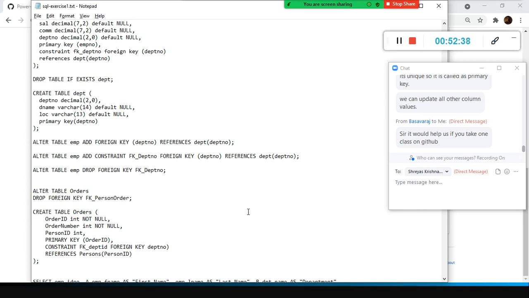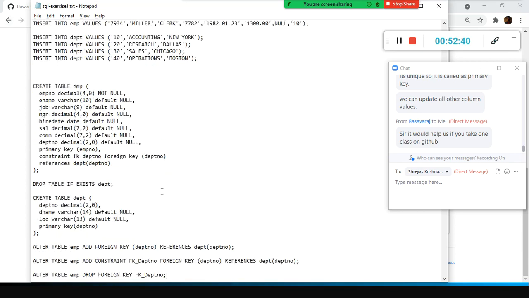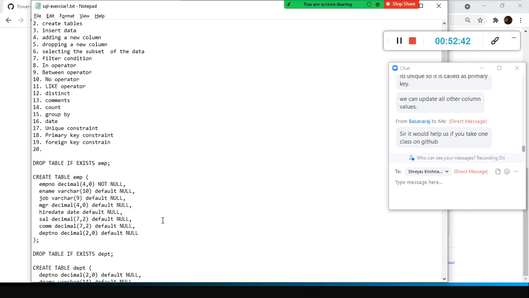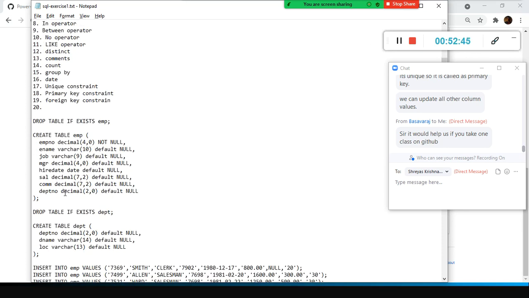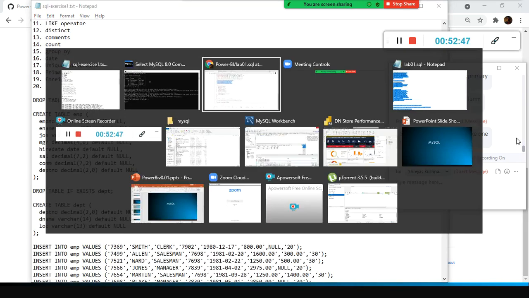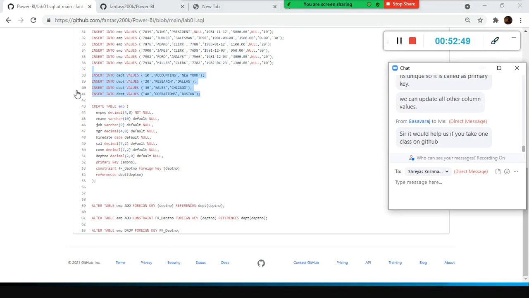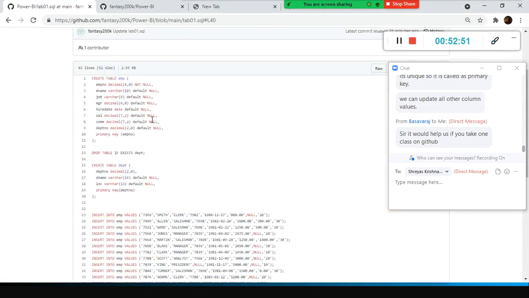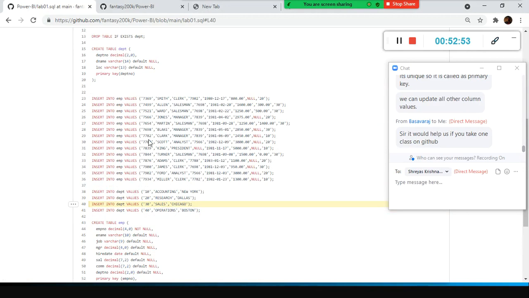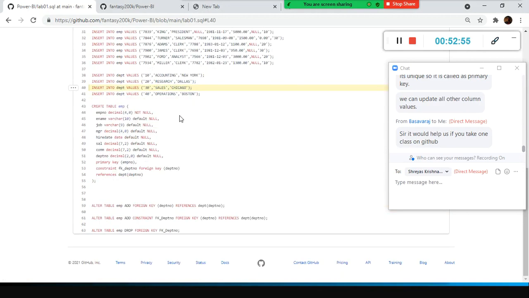I don't want to talk about too many things because we have freshers also there. First you create like this. Whatever I have given here, you just try it on your own. Then you insert the values here. And when you encounter any errors, you just send me that. I will try to help you out whenever I am free. But this one you try later. From line number 43, you try. Skip line number 43.